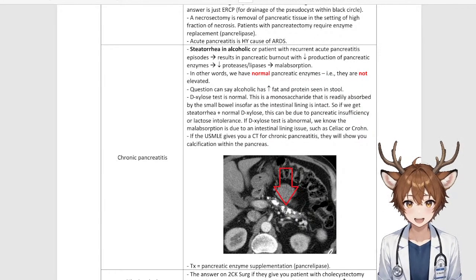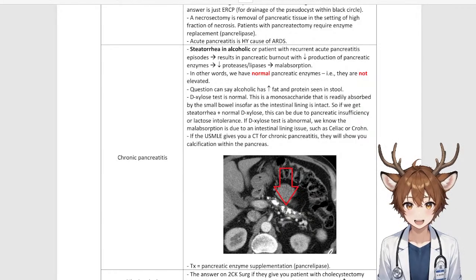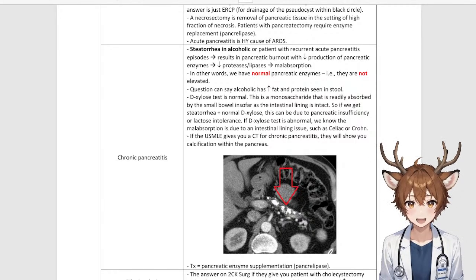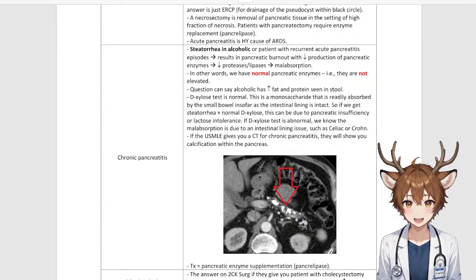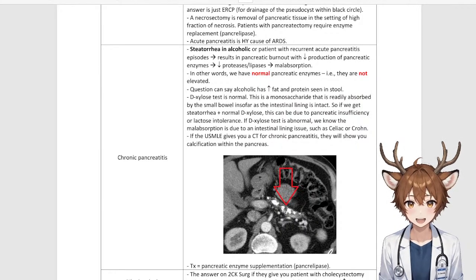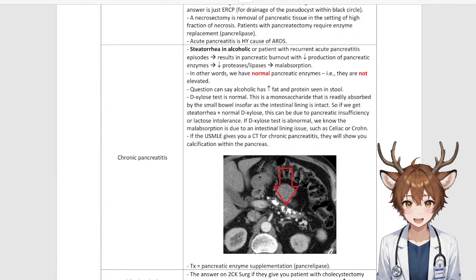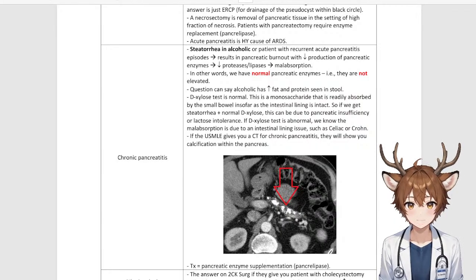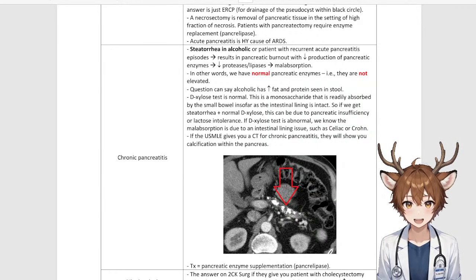The D-xylose test is normal. This is a monosaccharide that is readily absorbed by the small bowel insofar as the intestinal lining is intact. So if we get a steatorrhea plus a normal D-xylose, this can be due to pancreatic insufficiency or lactose intolerance. If the D-xylose test is abnormal, we know that the malabsorption is due to an intestinal lining issue such as